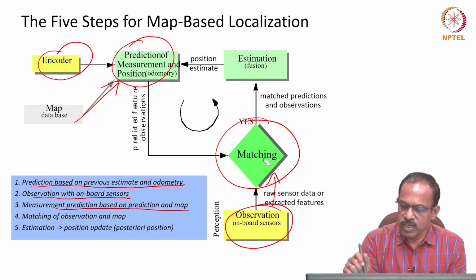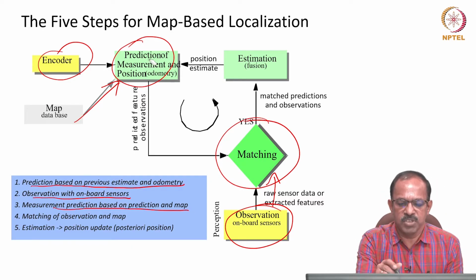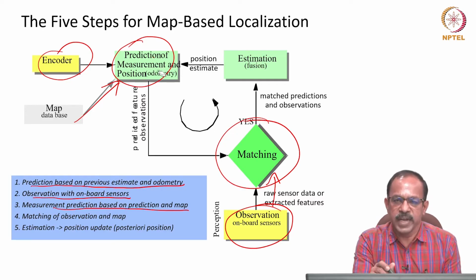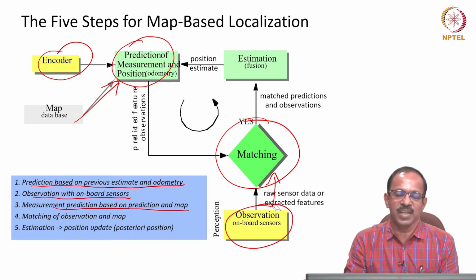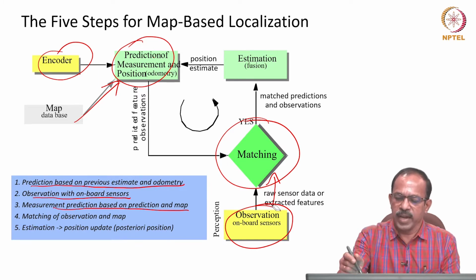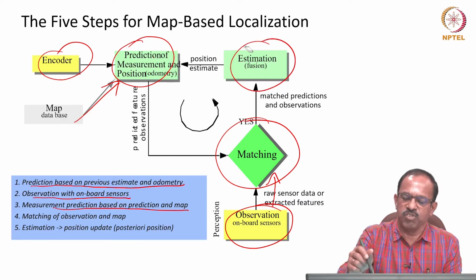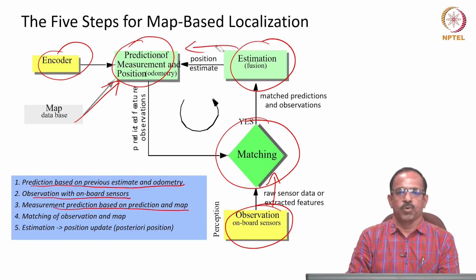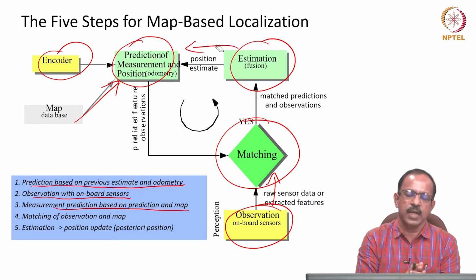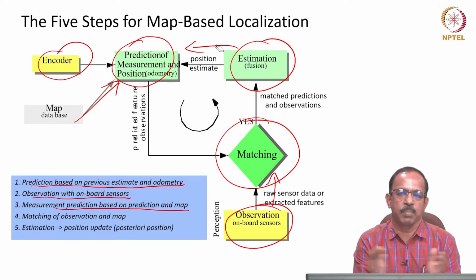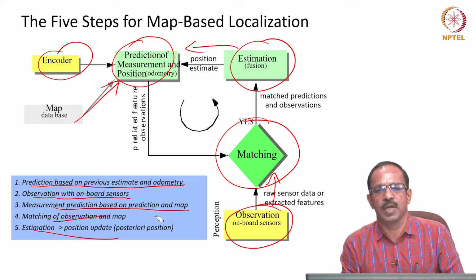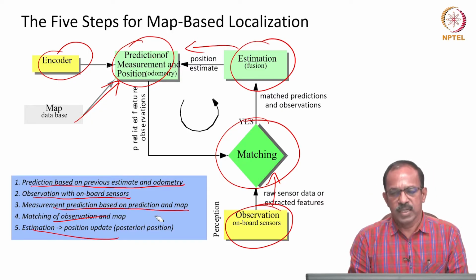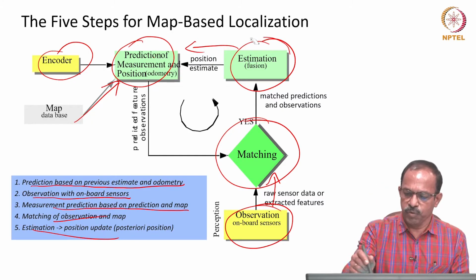So, what it says is that at a particular position where the robot has reached, the robot will predict what it can see, and then it will see what it is actually seeing, and then match these two, and then based on the fusion estimate the new position and get a new position estimate. So, that is how you get the pk plus 1 and sigma pk plus 1. So, we need to have these 5 steps in doing this. The challenge is basically, okay, how do you actually fuse this information?